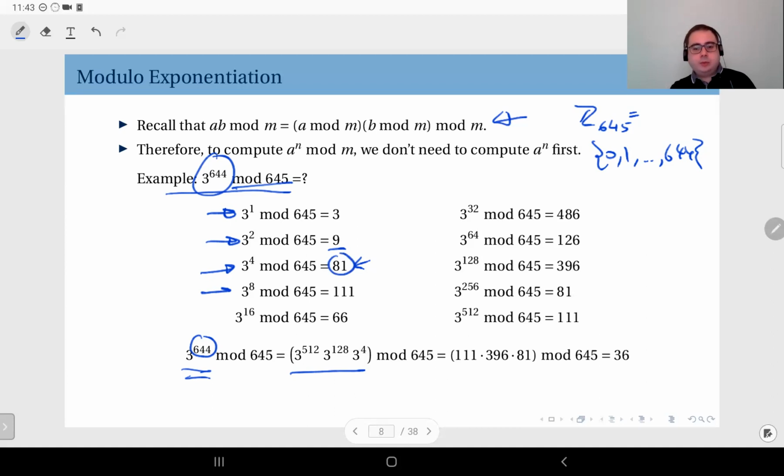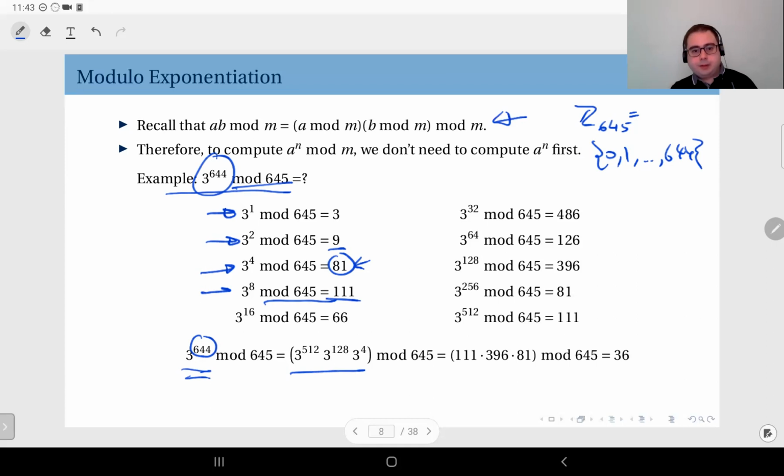Now, the square of 81, you compute it and take modulo 645, which is 111. Okay, I don't need the exact value of 3 to power 8, so I don't need to keep, let's say, the value of the square of 81, but I just keep its modulo 645